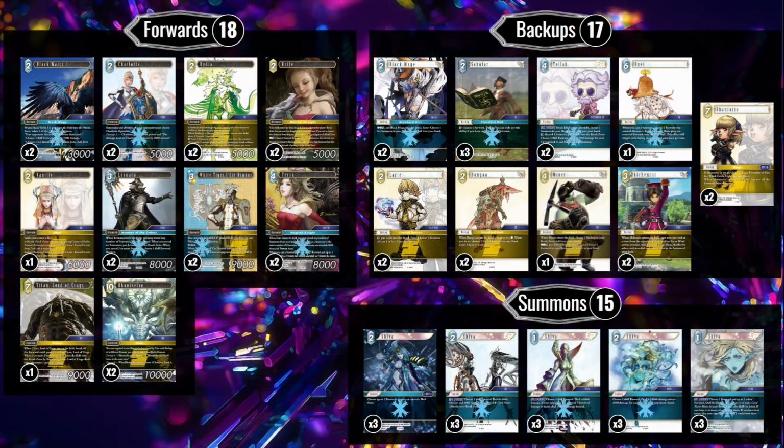So first up, it is 18 forwards, 17 backups, and 15 summons. And as you can already tell, it's a very heavily focused Shiva deck. Now, the reason I've gone into Earth Ice is for one card and one card only, and that card is Rydia from Opus 15. And as you can tell, all the summons are 2 CP or less, and Rydia, when she comes in, gives herself 2 counters,